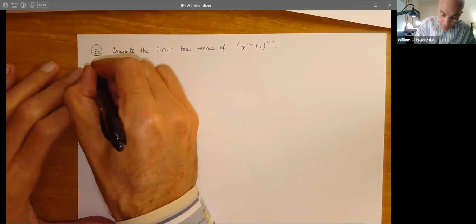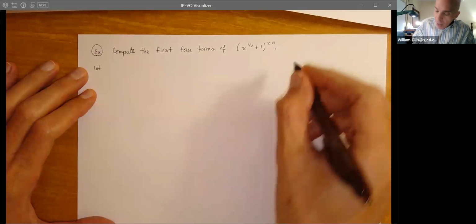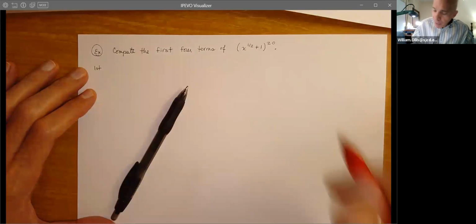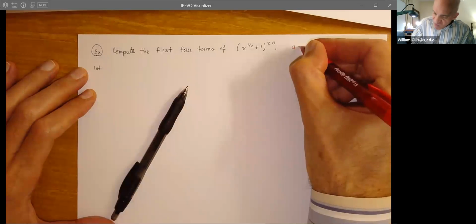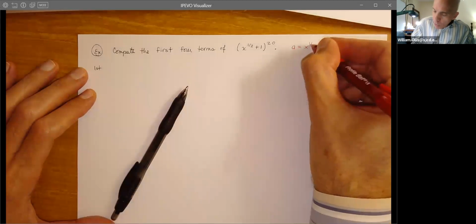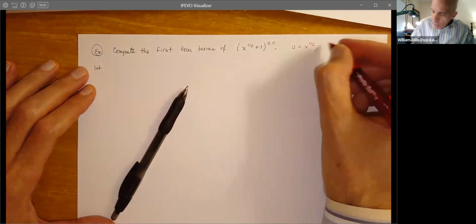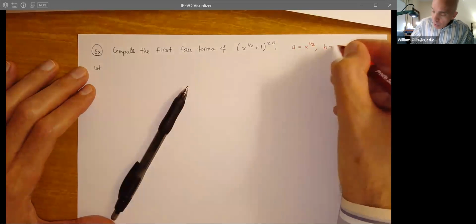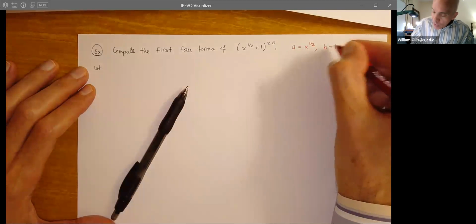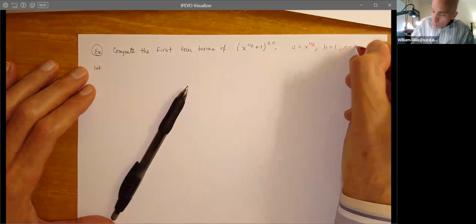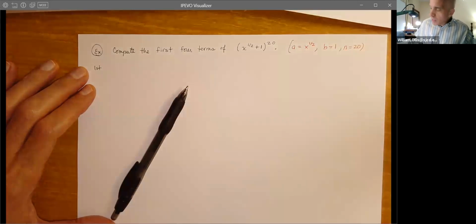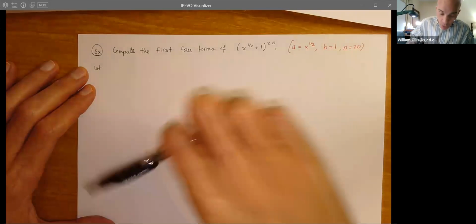So we'll just say first term. Now, if you like, go ahead and tabulate over here. A is x to the 1/2. Oh, how fortunate. B is 1. Well, powers of 1 are 1. So how fortunate we are there. So we have b equal 1. That's a good thing. And n equals 20. Not that we even really care about n equals 20. So first term